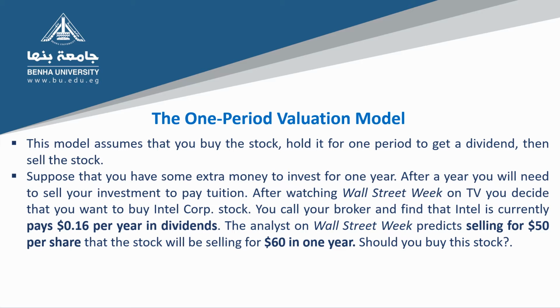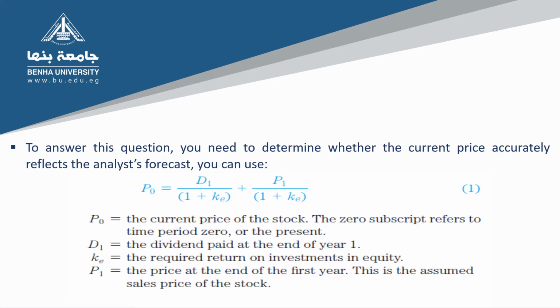Now, should you buy this stock? To answer this question, you need to determine whether the current price accurately reflects the analyst's forecast, so you can use the equation you see, equation number 1, where